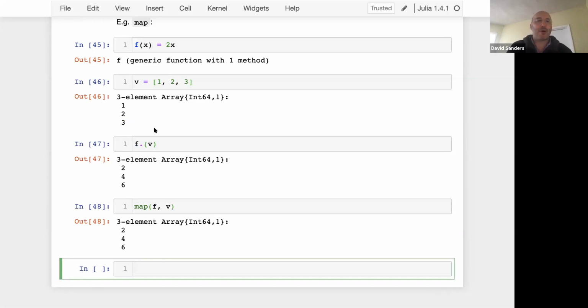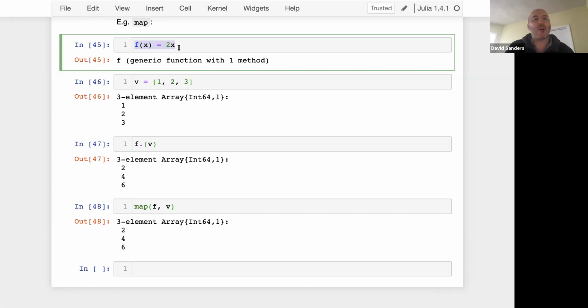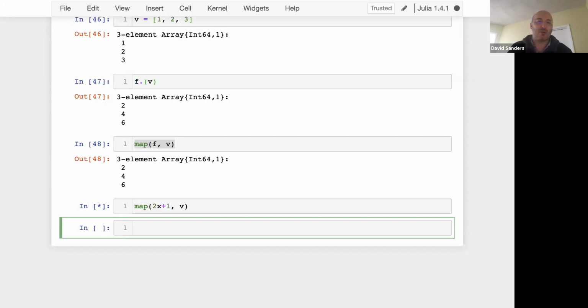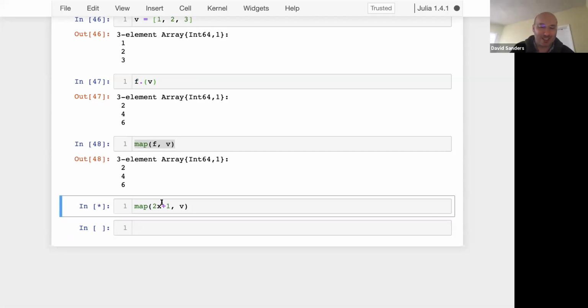Okay, but now I forgot that instead of 2x, I wanted 2x plus 1, right? So now I would have to go back and redefine this function, or maybe define a new function g or whatever. But instead of that, what I want to do is actually apply directly the function 2x plus 1 without giving it a name, right? So I would try this, 2x plus 1, map 2x plus 1 to v, and it'll tell me that it's trying to use some weird version of x that I defined